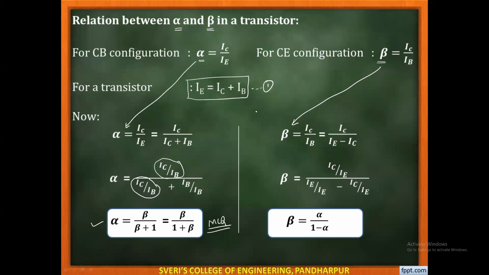When I take that beta is equal to, the formula for beta is IC upon IB. मग आता इक्वेशन नंबर 1 वरून जर मला IB लिहायचं असेल तर मी कसं लिहू शकतो, IE minus IC. So here I can write IE minus IC. मग अल्फा म्हणजे काय, IC upon IE. So I try to divide numerator and denominator by IE, so that IC upon IE, which is nothing but alpha, and this IE upon IE minus 1. So here is another important relation, beta is equal to alpha upon 1 minus alpha.